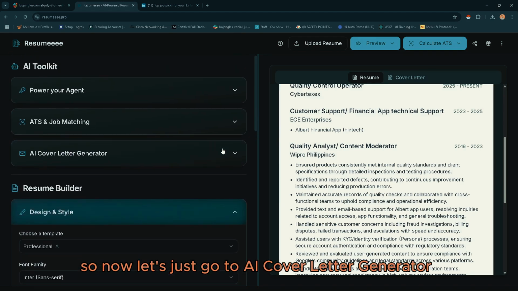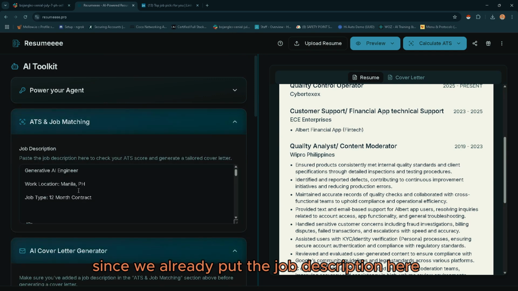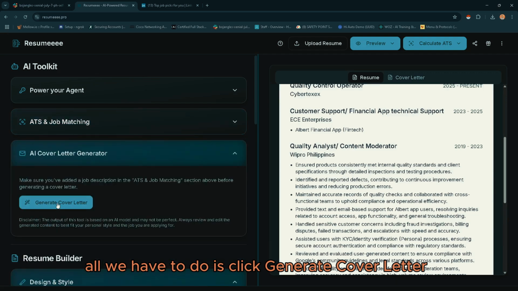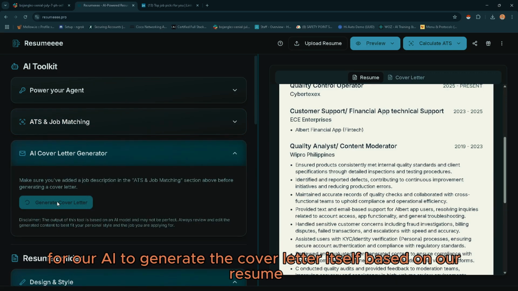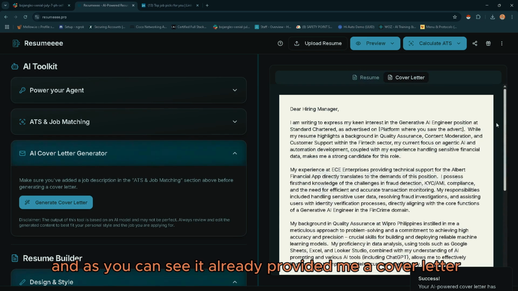Now let's go to the AI cover letter generator. Since we already put the job description here, all we have to do is click generate cover letter for our AI to generate the cover letter based on our resume. As you can see, it already provided me a cover letter.